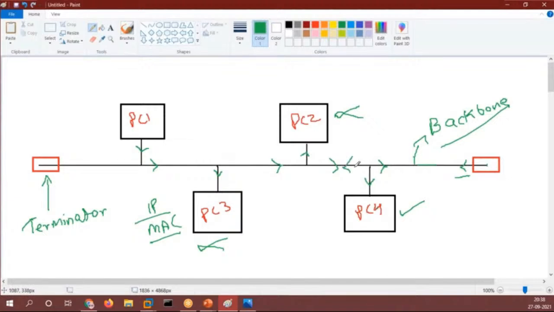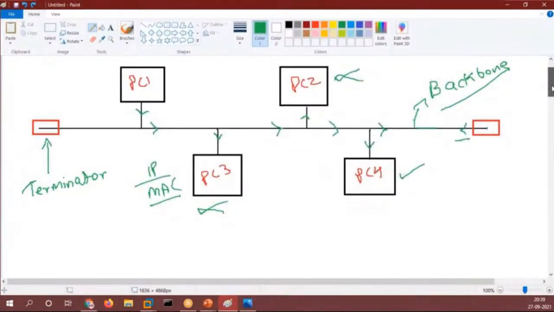For removing that, we have terminators. Terminators will tell the data, this is the end of the topology, now you don't have to flow more. So it will be dropping off the data from here. It will be terminating the data. So that is the work of your terminators. Clear everyone?